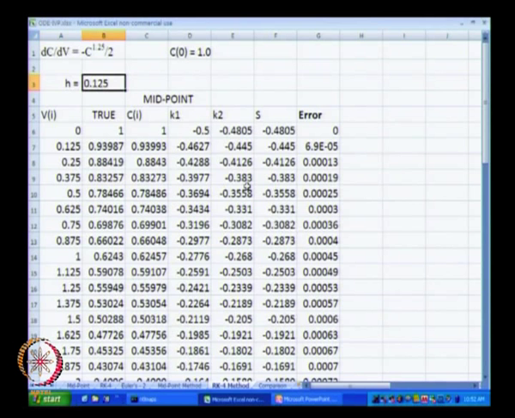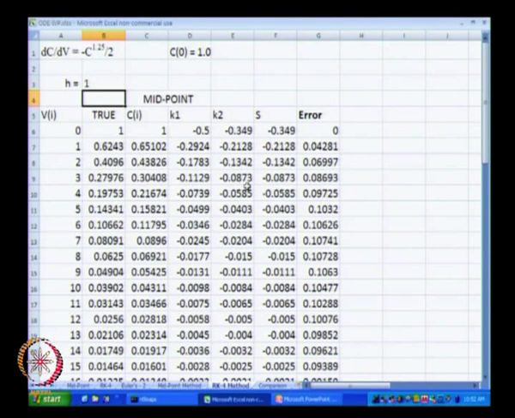Okay. And again for RK4 we are trying to use the same type of scheme to compute C at various volumes given dC by dV equal to minus C to the power 1.25 by 2, and C0 is 1.0, and we want to compute with h equal to 1.